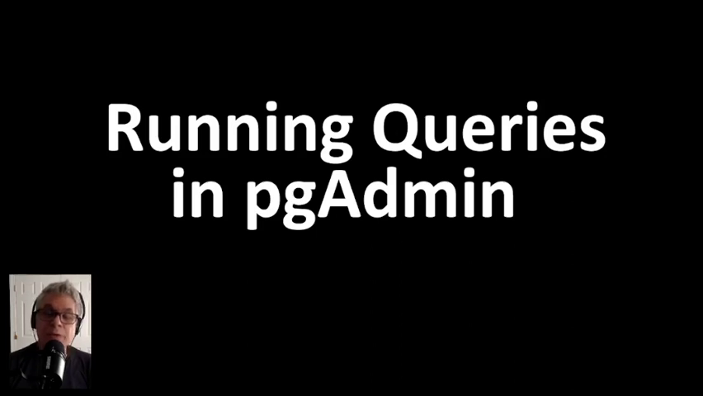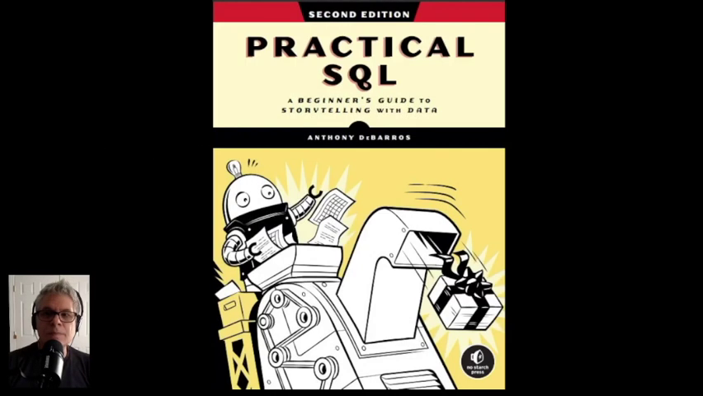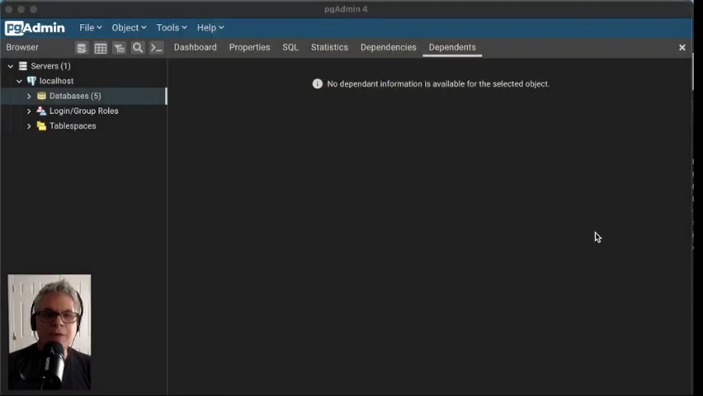pgAdmin is the graphical user interface that is the primary tool used for connecting and working with and running queries against PostgreSQL databases. There are many different types of GUI tools out there for use with Postgres, but pgAdmin is probably one of the better known because it's free and open source and comes with some of the installers that you'll find for PostgreSQL. So if we look at the interface for pgAdmin, we'll see that it has a couple